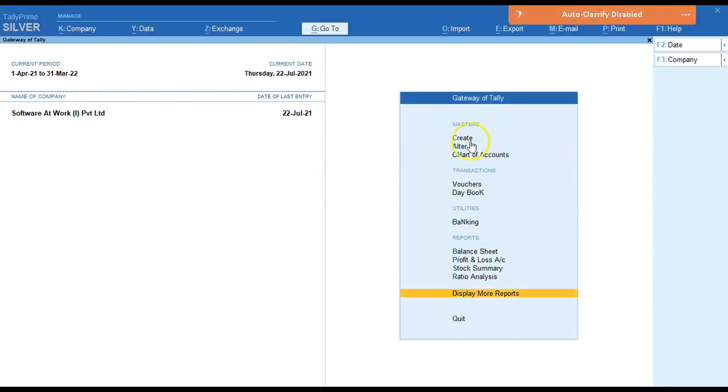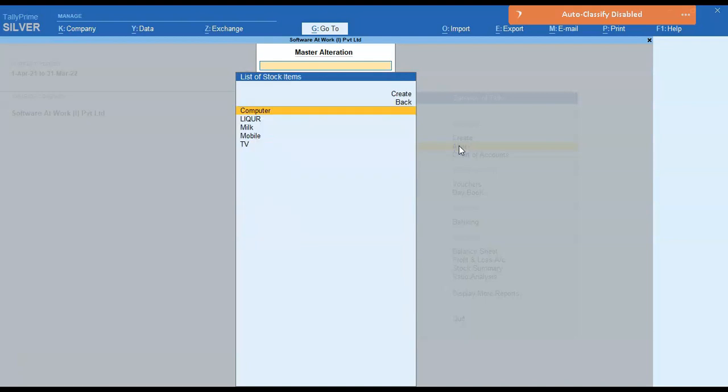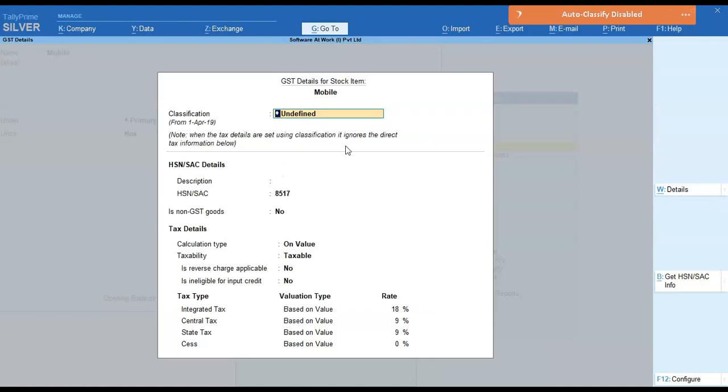For HSN verification also, you can click on Alter. Here we have the stock items created inside Tally. Here I have the stock item mobile. For verification of HSN, I will go into Set/Alter GST Details and open the necessary detail. On the right hand side I have the button Get HSN/SAC Info. I have put 8517 as my HSN code.